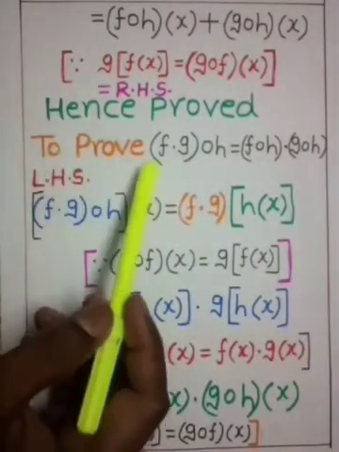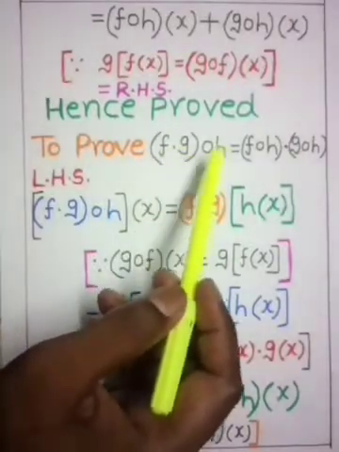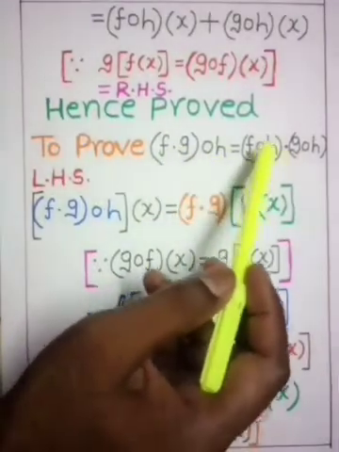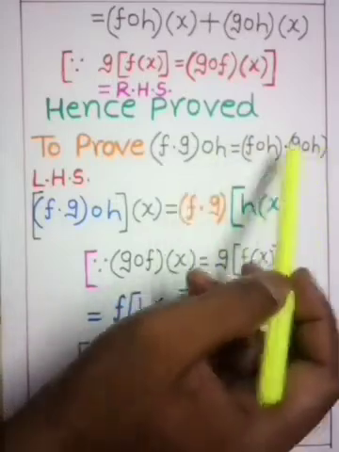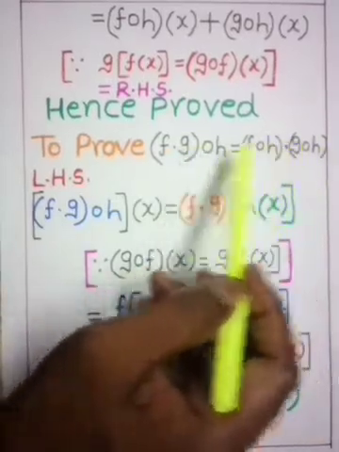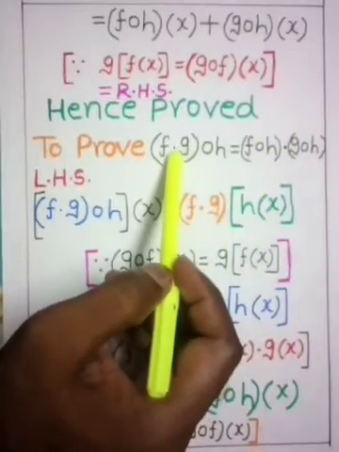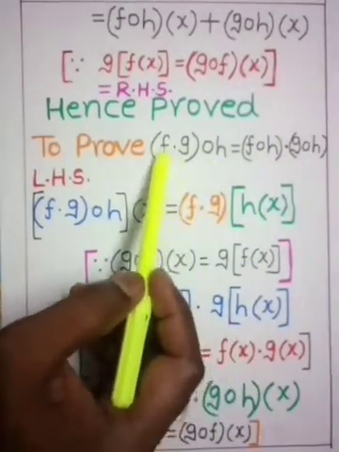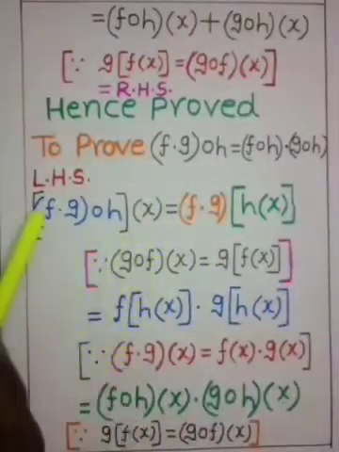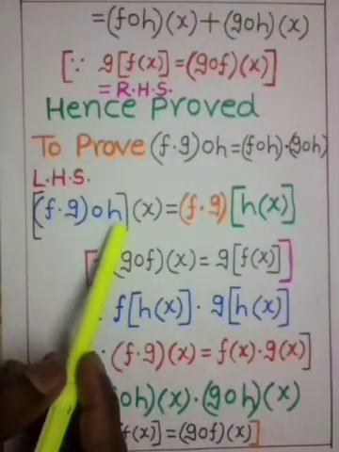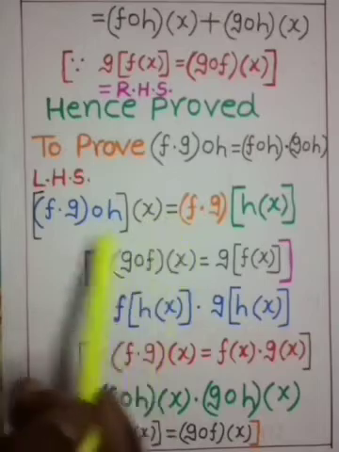Now we have to prove that (f·g)∘h is equal to (f∘h)·(g∘h). Again, to prove this statement, I am taking the LHS. What is the LHS? (f·g)∘h. So I took here the LHS: (f·g)∘h of x is equal to